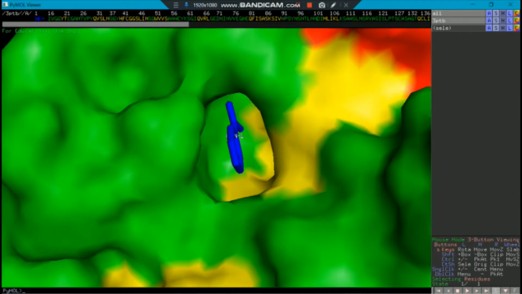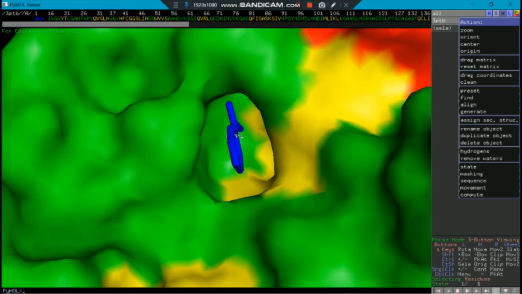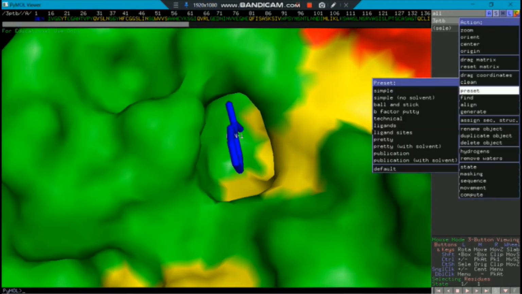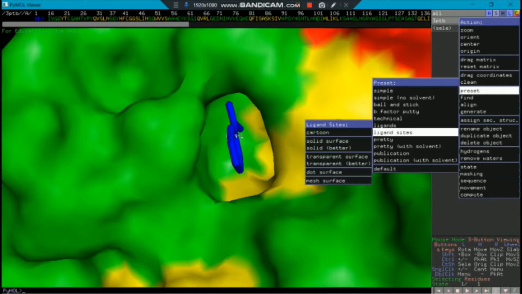For the 3-PTB, we need to go to the action button, and then we would perform certain preset ligand binding site options on that particular ligand. Now go to action button, click on preset. You would find an option of ligand sites. Let us see. So this is the option of ligand sites, and the fourth option we have here is the transparent surface. Once you click on the transparent surface, you could be able to identify the surface and the amino acid